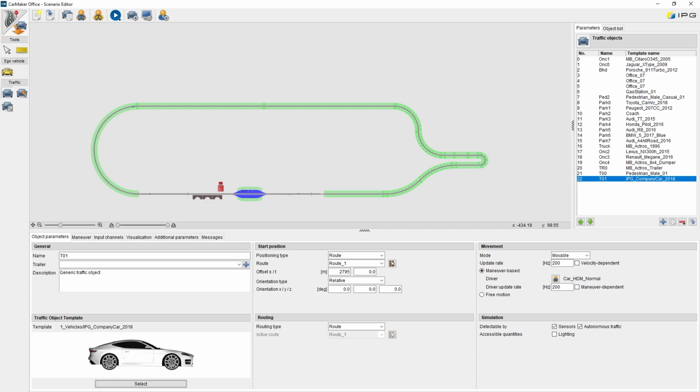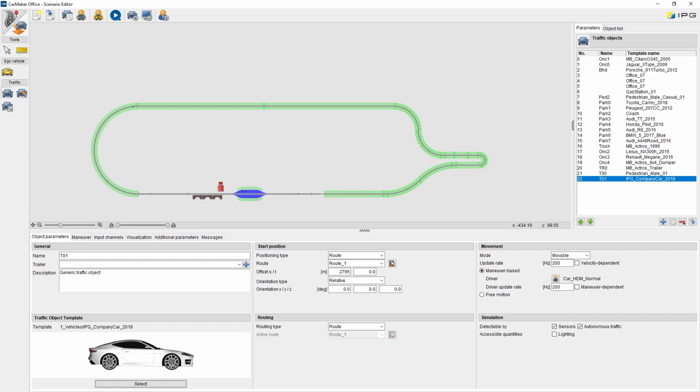The menu tab Movement is used to set whether the traffic object should be stationary or movable. Besides the sub option, you can set the update rate of the object movement for the running scenario, which is per default 200 Hz. But if the traffic object has maneuvers which involve input from file, follow trajectory, or user input, like acceleration, velocity, position, or lateral position, the update rate is set to 1000 Hz automatically.